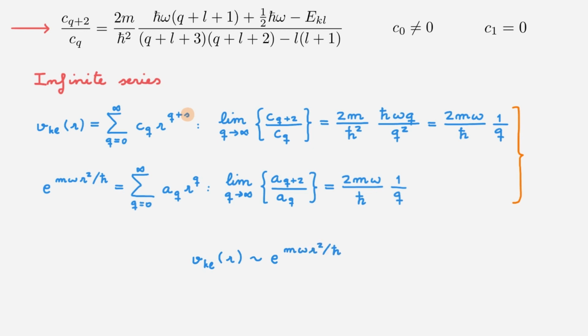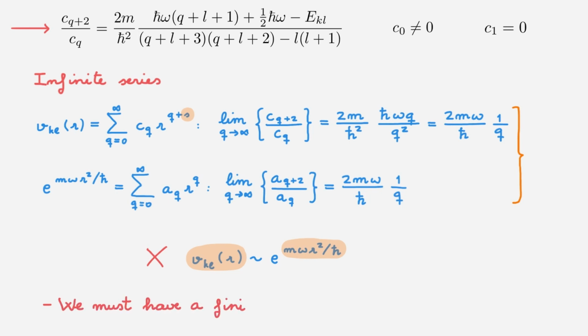But this is a problem because this exponential has a positive argument, so it diverges for large r. This means that v is a physically unacceptable solution because the resulting wave function would not be normalizable. Now, how can we avoid this unphysical solution for v? Well, physically relevant solutions are such that the power series must have a finite number of terms, so we must